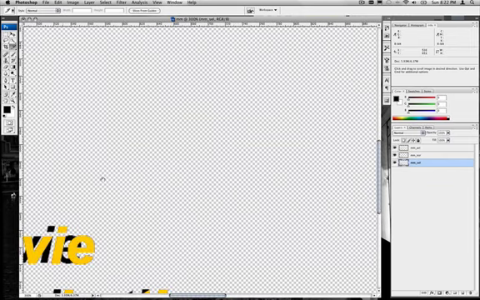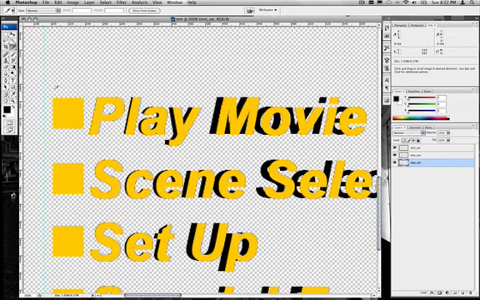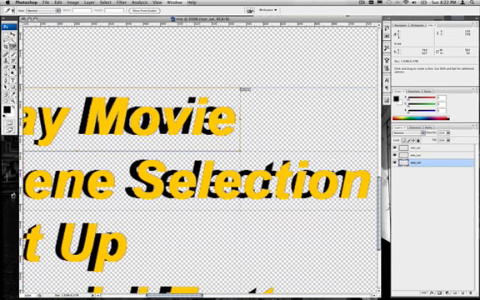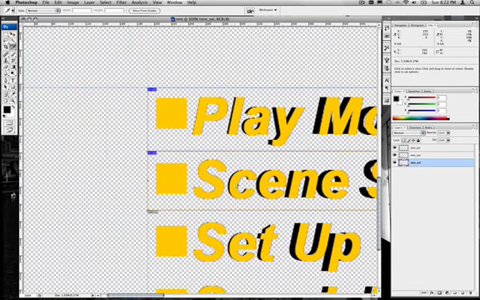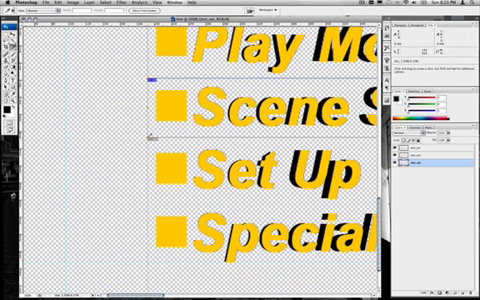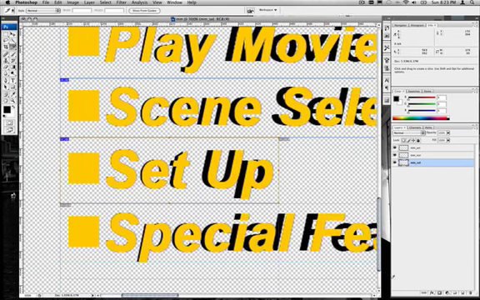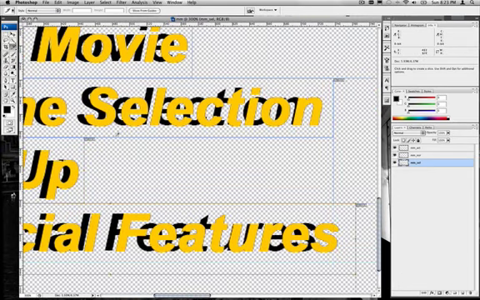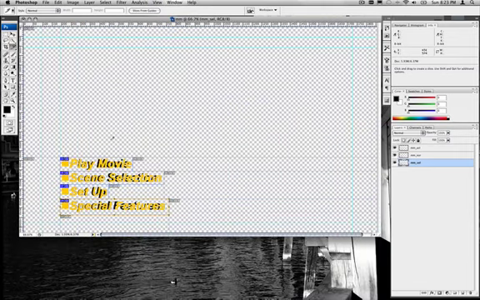So we're going to zoom way in, and with the slice tool, I'm just going to draw around my buttons. Okay, so I now have my buttons all sliced up,